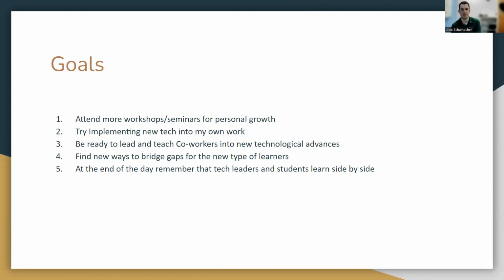And that's some of the takeaways that I took away from this class, is that technology is a constantly changing realm, especially in the world of education. So we need to continuously grow ourselves and to help the